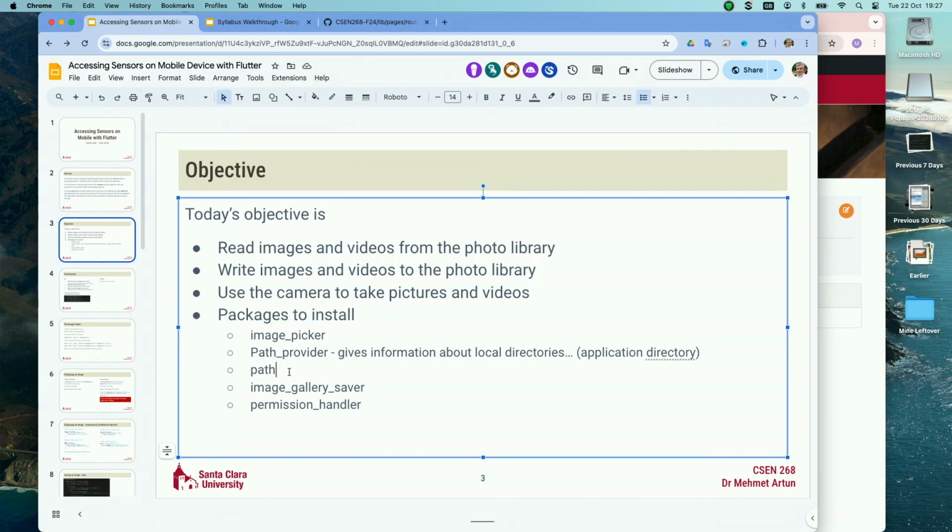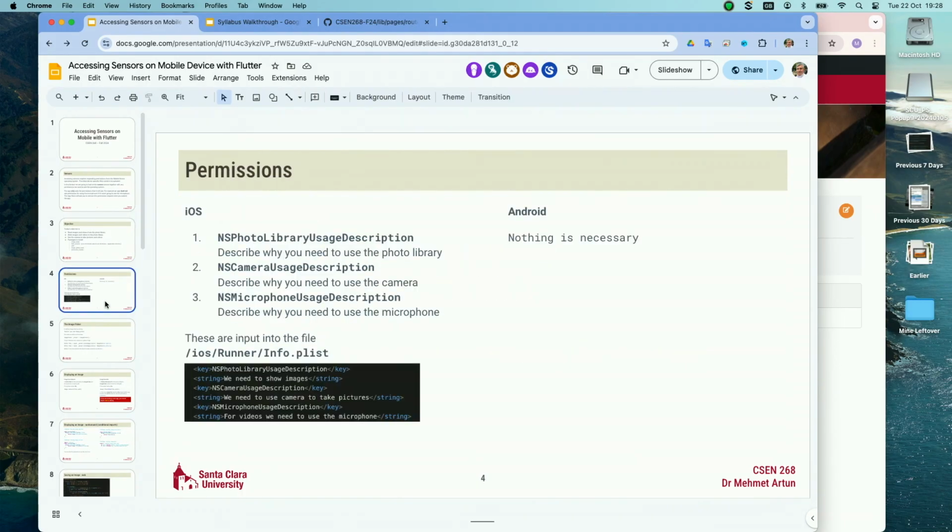Path, I'm sure you're familiar with this from JavaScript, etc. It's basically just path manipulation. Image gallery saver is a package that allows us to save to the gallery, and permission handler is, again, for getting these permissions. Now, for the camera or for the image picker, we have to use these permissions in